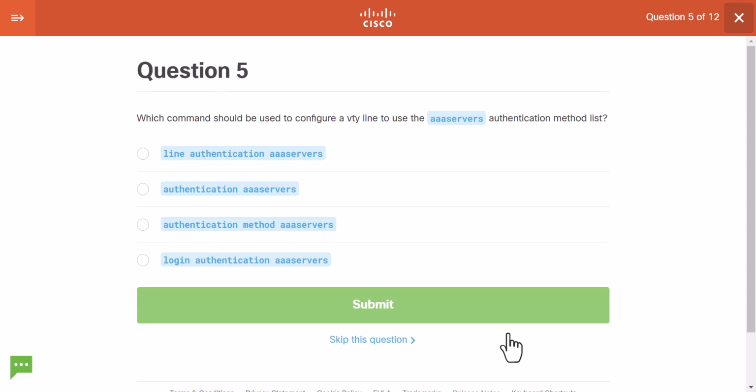Which command should be used to configure a VTY line to use the AAA servers authentication method list? Oh, okay. So this is the name of the authentication method list, inconveniently spelled in small letters, but typically it would be capitals. But okay, AAA servers. Line to use. Okay, so